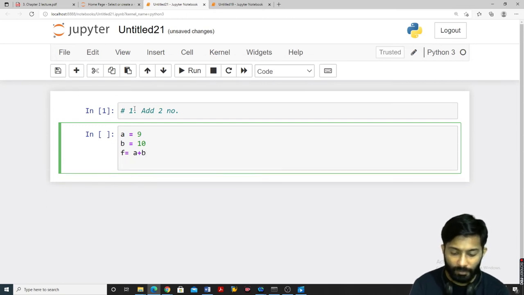Enter. Print, in single quotes, the added sum of the number is